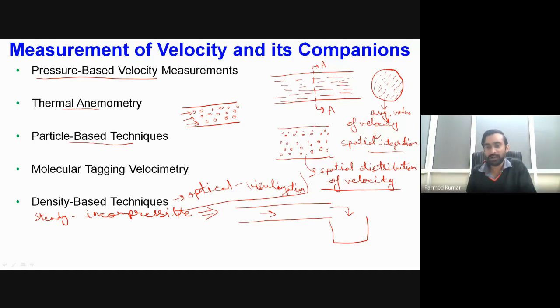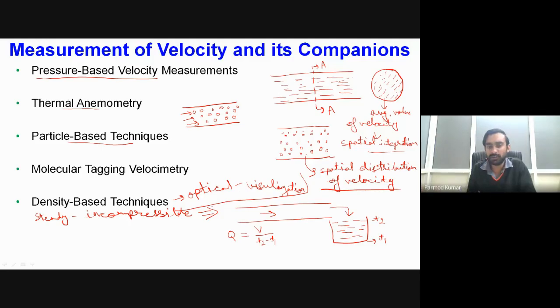Now, if we allow this flow from the pipe to enter inside a fixed volume tank, we can note down the initial time at which the flow has started to enter inside the tank. Say that time is T1, and we can note down the final time when some fixed amount of volume is obtained inside the tank. Say that time is T2. So I can simply relate flow rate as the fixed volume we have taken divided by T2 minus T1, meaning how much time has been taken to fill that fixed amount of volume. Okay, so that's a very easy technique for measurement of the flow rate.